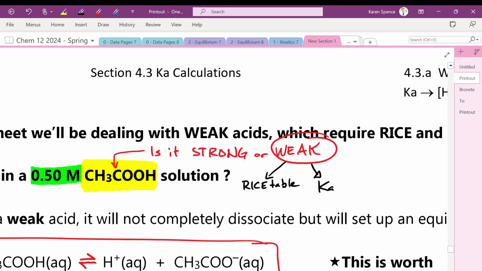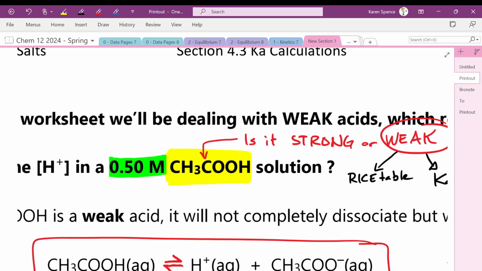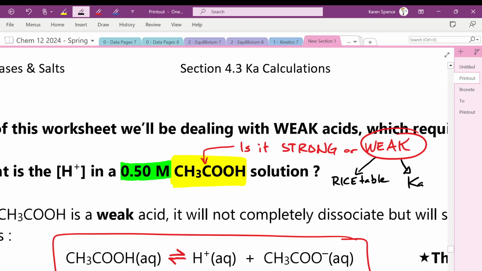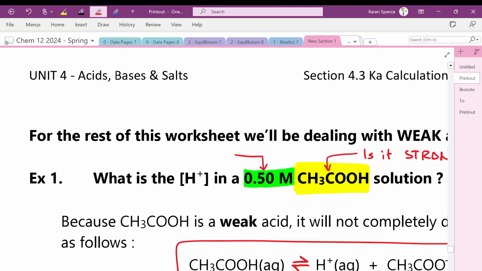And the same thing applies with weak acids. So this 0.5 molar CH3COOH, the concentration you're given in the question is always the initial concentration, okay? Because it's easy to calculate. You say, I put this many moles in this many liters, and you get your concentration. To find the actual concentration of the acid, you would have to do a RICE table and nonsense like that. And who wants to do that just to write a concentration on a bottle, right? That's ridiculous. So the concentration of acid given in the question,